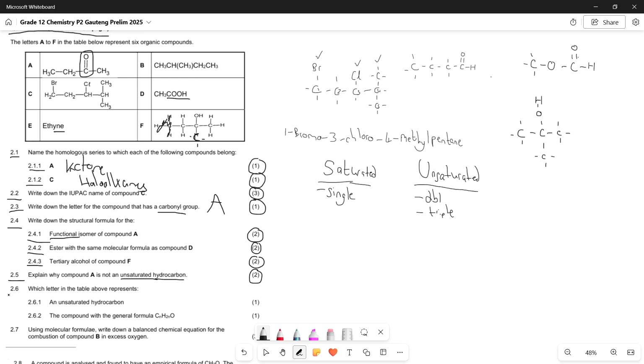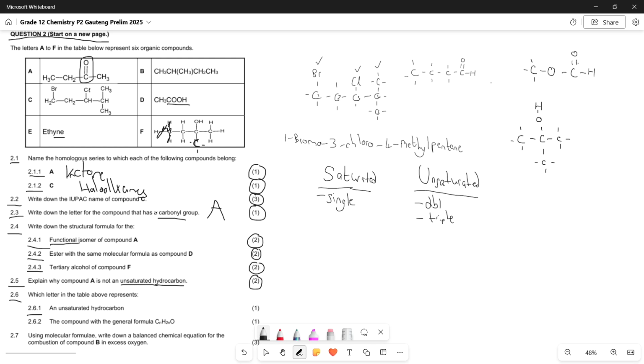And then 2.6 says, which letter in the table above represents 2.6.1, an unsaturated hydrocarbon? So this is a nice follow-on question because we just chatted about an unsaturated hydrocarbon, which means we can only have C's and H's and we need double or triple bonds between the carbons. So we can look through here. It's definitely not A or C because we have an oxygen here, a bromine and a chlorine here. It isn't a carboxylic acid, nor is it an ester over here, which means it could be between B or